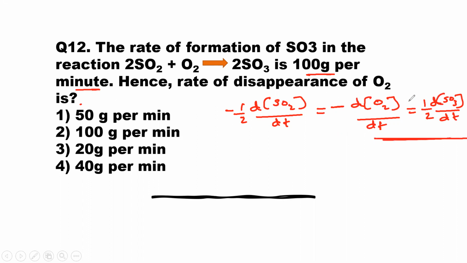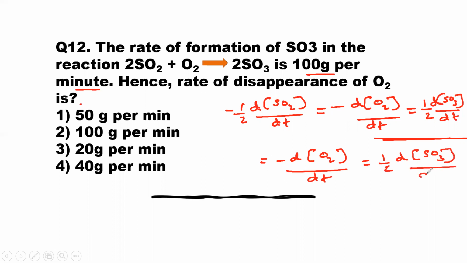They are asking about these two. So minus sign is only for decreasing concentration, but we write it, so they are only asking this thing. So already we know minus d[O2]/dt is equal to 1 by 2 d[SO3]/dt. But the most important point is that here they have not given the concentration, they have given mass.